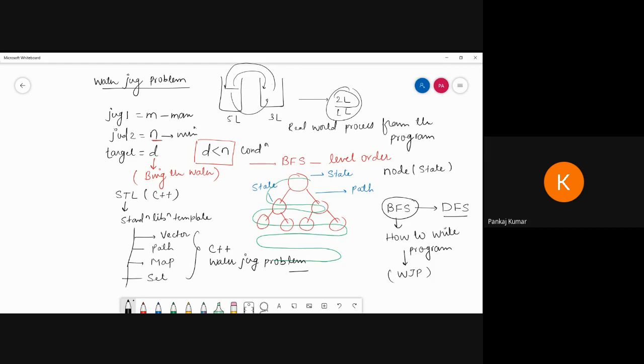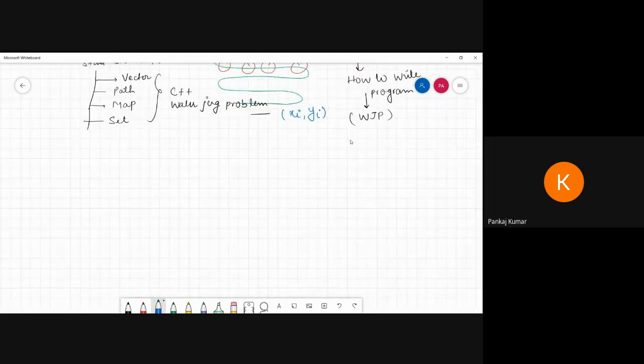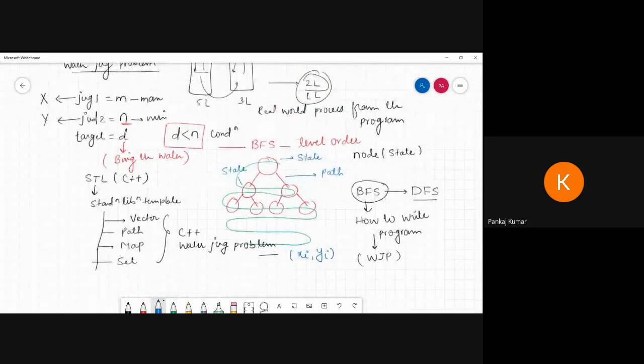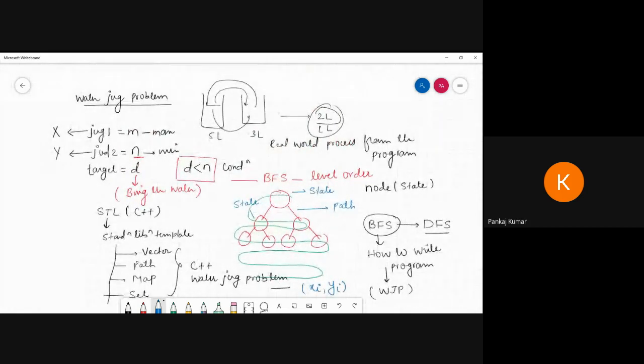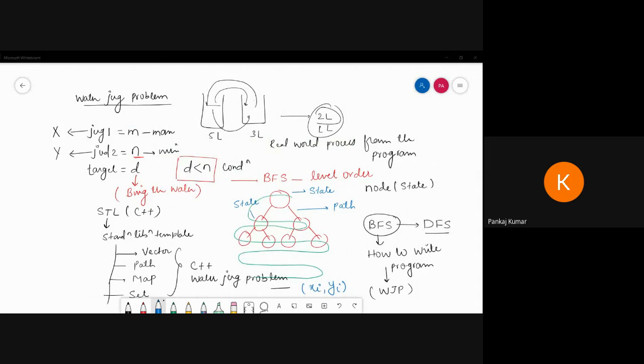Here jug 1 is represented as capital X and jug 2 is represented as capital Y. Whatever states we explore, we write like this: X of i and Y of i. I think this is visible to you. Yes.